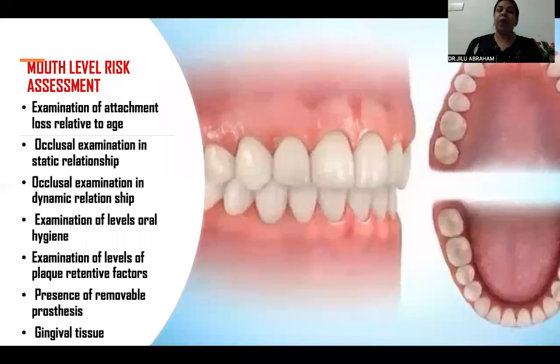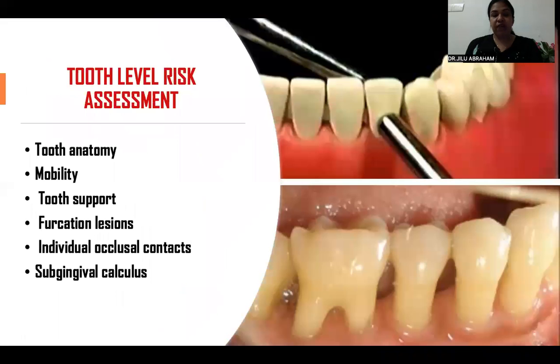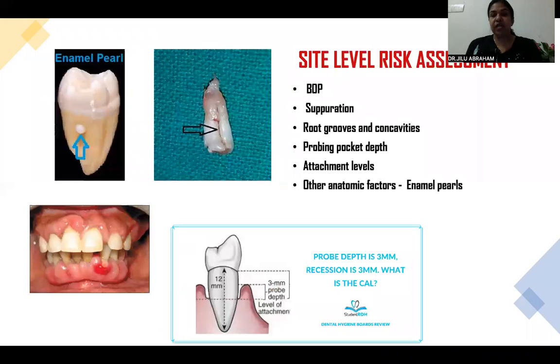Then we have to do the mouth level risk assessment. That includes examination of attachment loss related to age, occlusal examination of static relationships, and the level of oral hygiene status and gingival tissue. At the individual tooth level, we have to assess the anatomy of the tooth, mobility status, support of the tooth structures, percussion involvement, subgingival status of the teeth, etc. At the individual site level, we have to check for bleeding on probing, then furcations, root